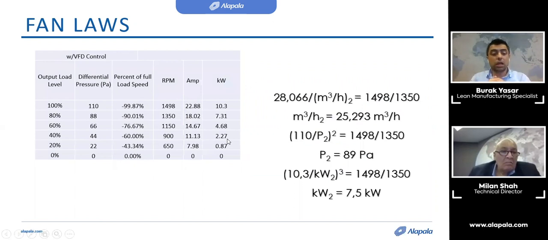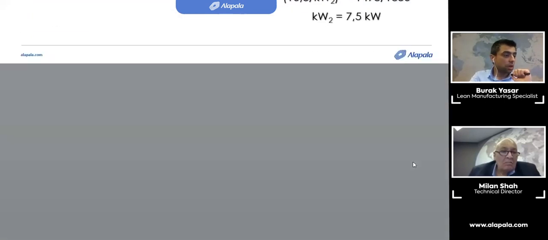As you see on the figure, recorded values speak for themselves, right? Look at the reduction right here, and we double checked our measurement with this formula, and we did the calculation. The numbers are almost equal. So the VFD device